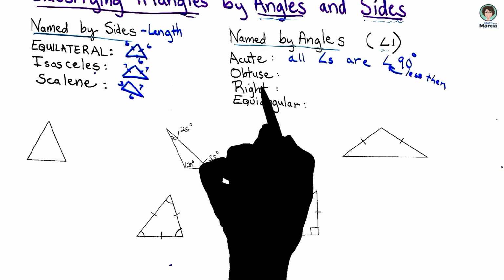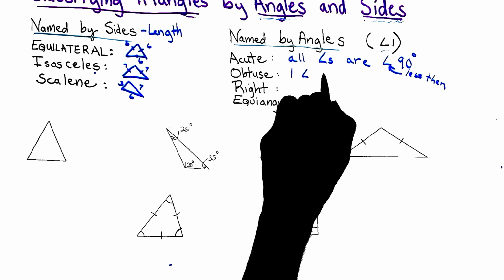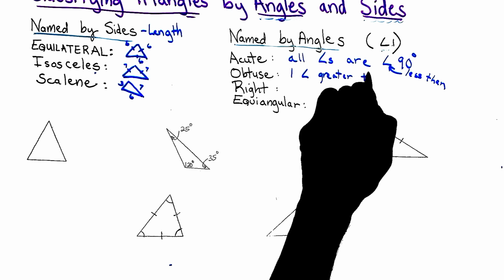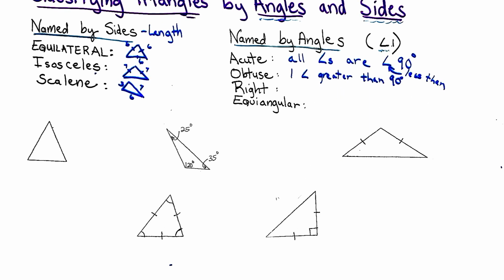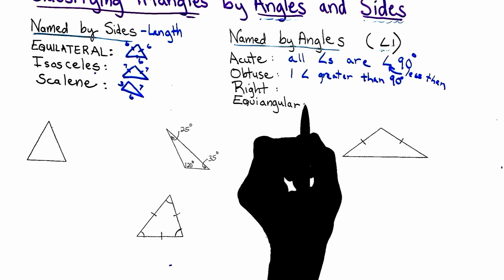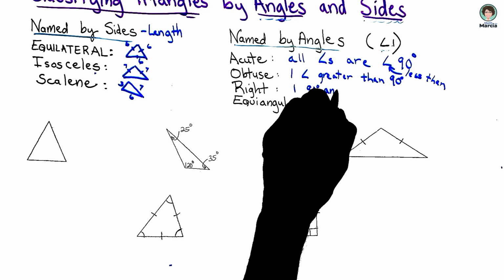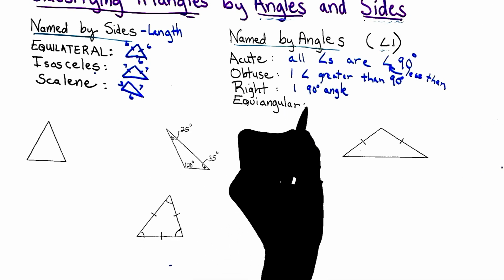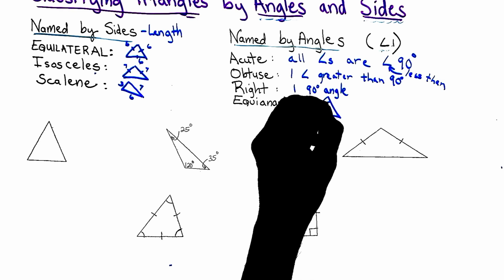When we're looking at obtuse, we will have just one angle that will be greater than 90 degrees. One angle greater than 90 degrees. When we have a right triangle, we will have one 90-degree angle. Just one. And if it's equiangular, that means that all of the angles are equal to each other,